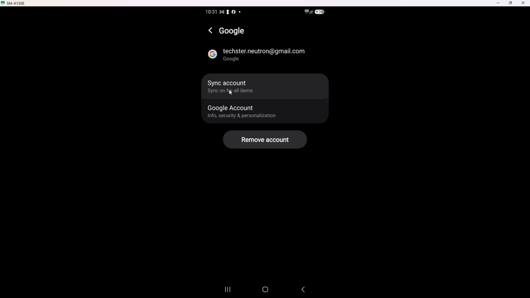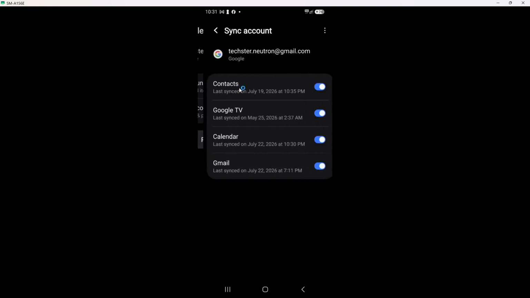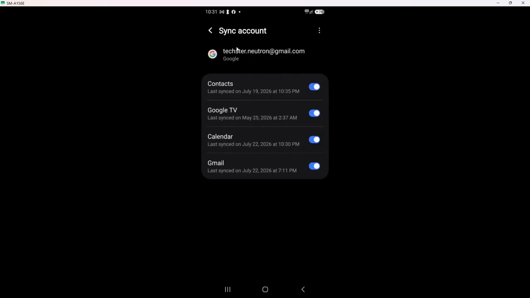Next up, tap on Sync Account. This action will bring you to another screen that shows all the sync options available for your Google account. You will see toggles for different types of data such as mail, contacts, and most importantly, calendar. This is where the magic happens. Ensuring the right options are selected will help you streamline your digital calendar across devices. Remember to keep an eye on the calendar toggle, as this is what enables synchronization.